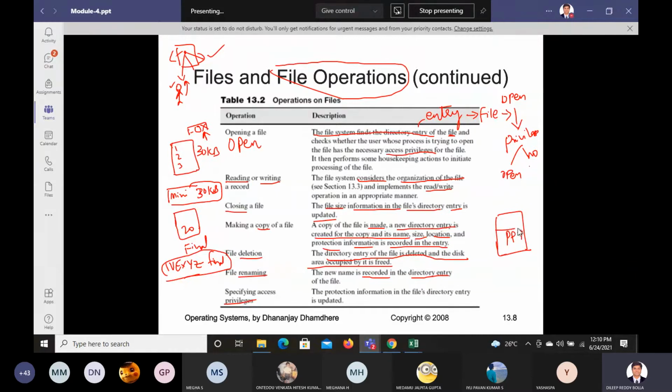What you can do is divide this PPT into 4 partitions: slides 1 to 5, slides 6 to 10, slides 11 to 15, and slides 16 to 20. Like this you can make them, and you upload the PPT into Google Drive. Any one of you can upload it to Google Drive.